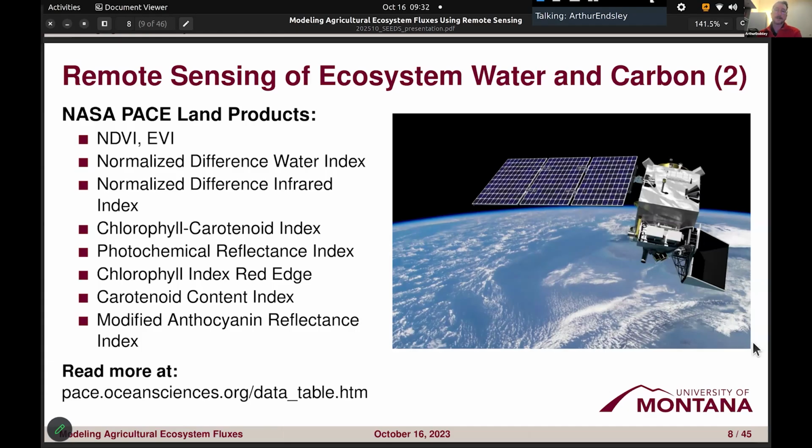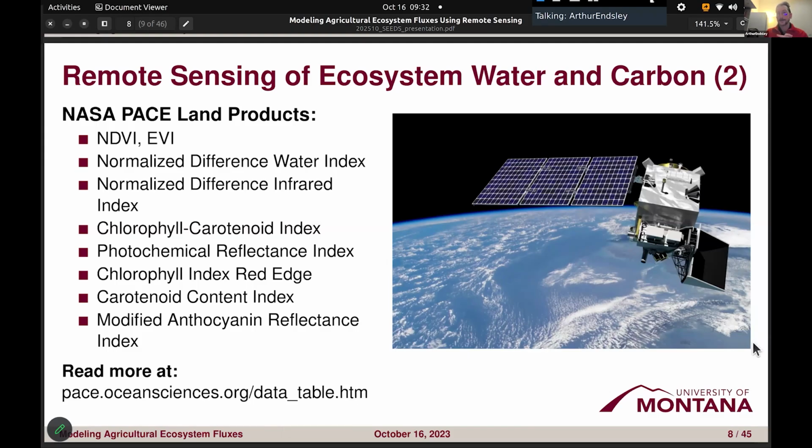So it is sensitive to a broad section of the visible, near-infrared, and shortwave infrared spectrums. But it also has very high spectral resolution. So it's able to take several closely spaced samples or measurements within those spectra. And that allows it to, they've developed products, as you can see here, related to chlorophyll, to carotenoids, to anthocyanin. There's a number of these products; you don't even have to calculate them. You can just download them from this mission.